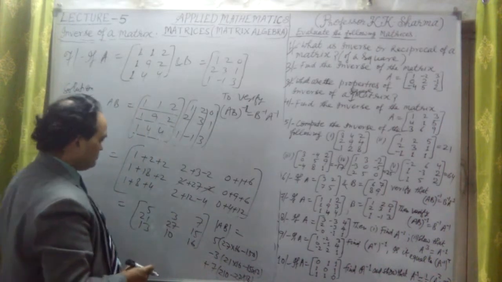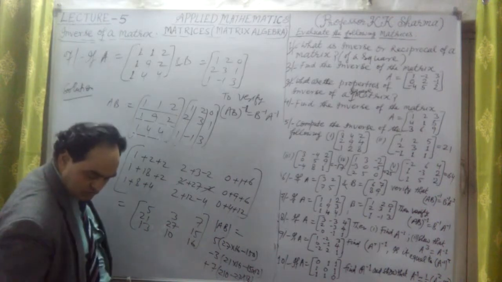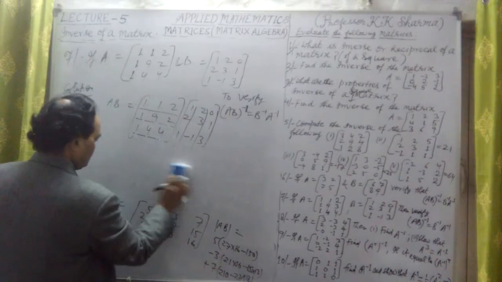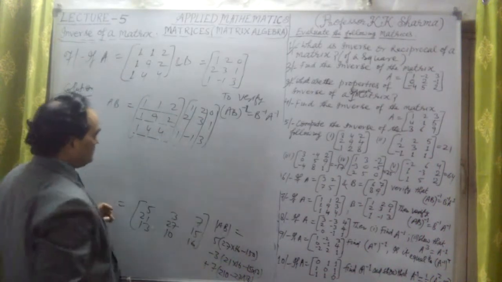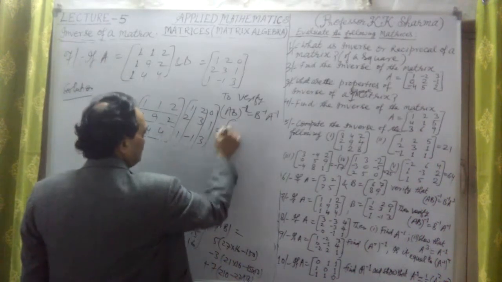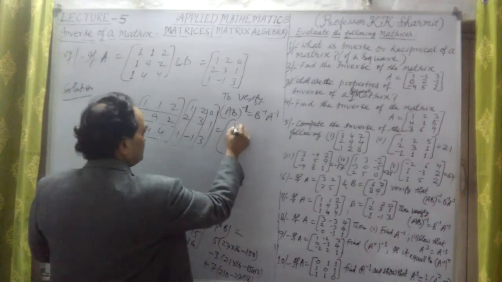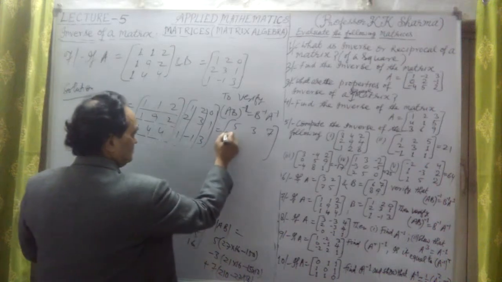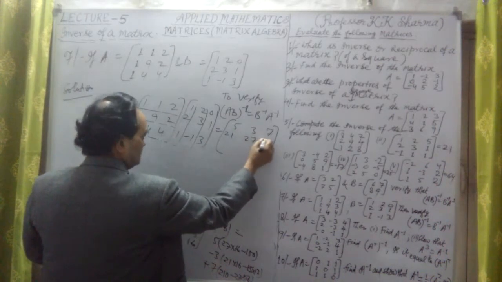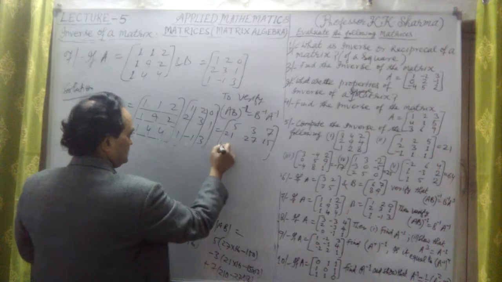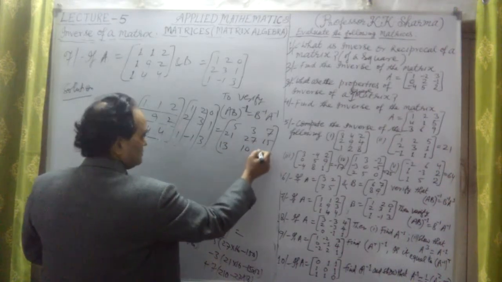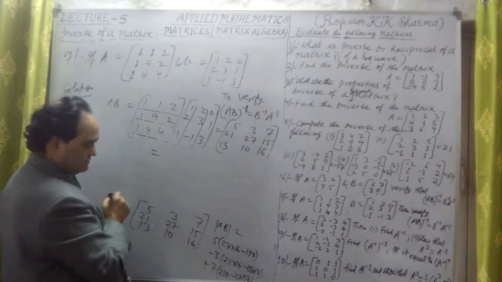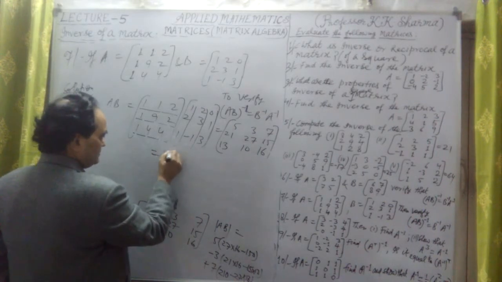This value is to be calculated. I'm going to calculate this value here. This is the AB determinant. Let me write here: 5, 3, 7; 21, 27, 13; 10, 15, 16. The determinant value we are calculating here is 5 into